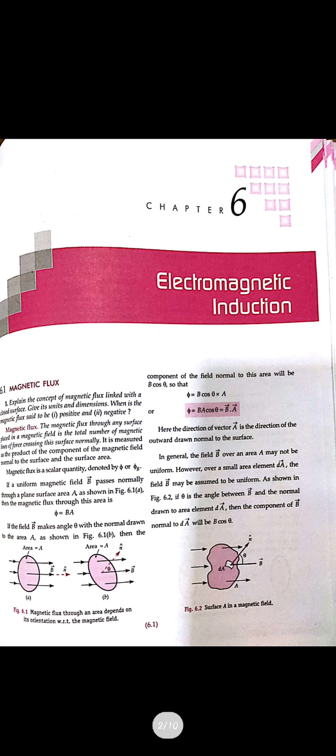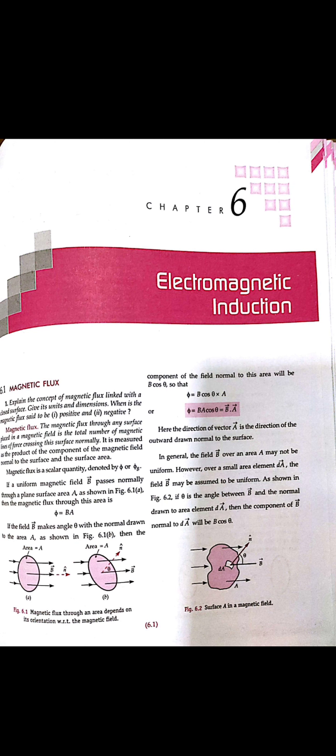So here we will be seeing some topics which can tell us about this relation. Firstly, we are going to see about the magnetic flux. So what does electric flux or magnetic flux mean? The total number of field lines crossing perpendicular to any area or surface, how many lines are perpendicular to it, that is said to be flux. So this is what the magnetic flux is.